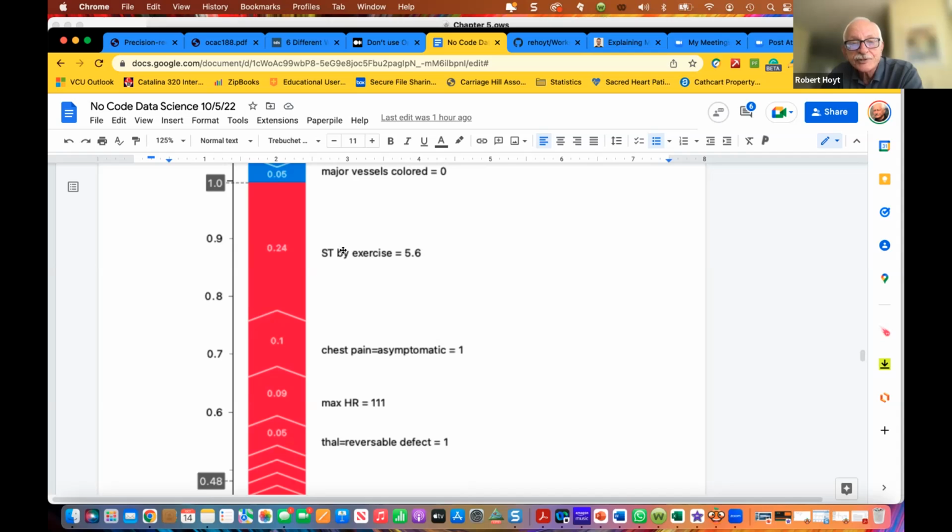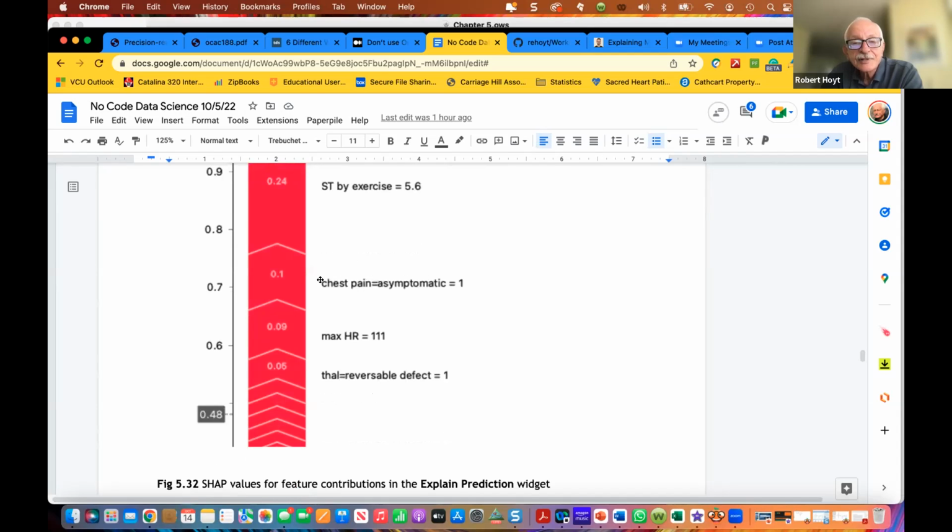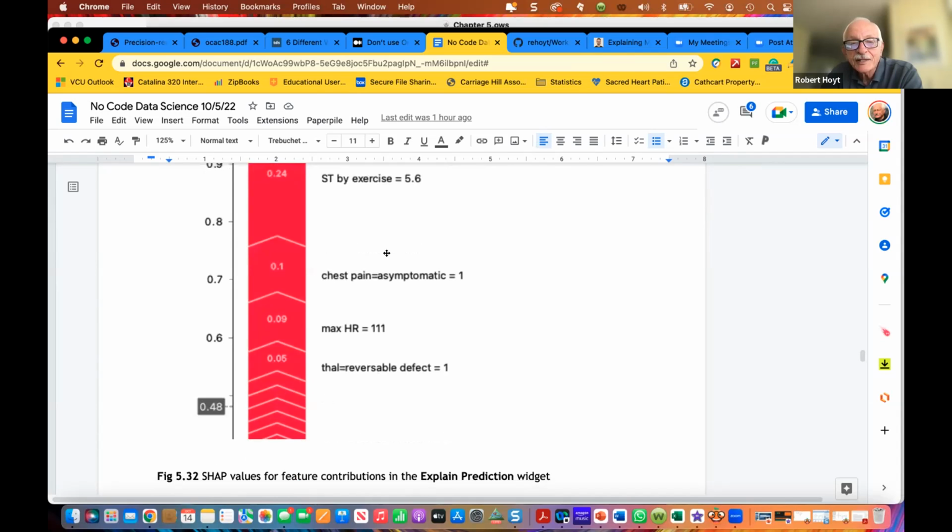That's what ST depression is. That indicates the heart's not getting enough blood. Five millimeters of ST depression is like, uh-oh, turn off the machine. He can stop exercising. So this is what it saw. I don't even want to get into this, because I'm not sure why they say chest pain equals